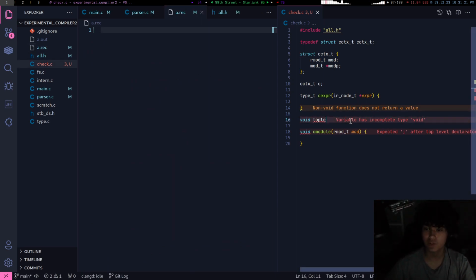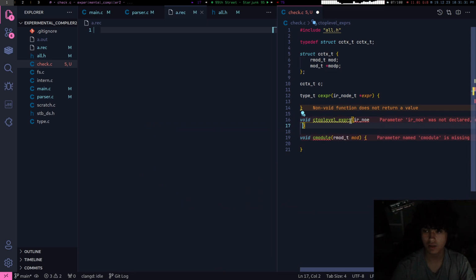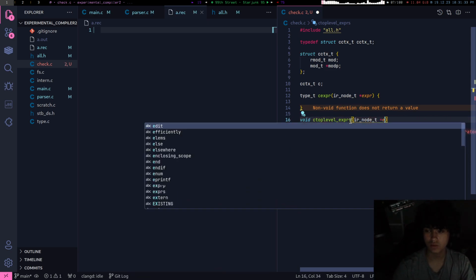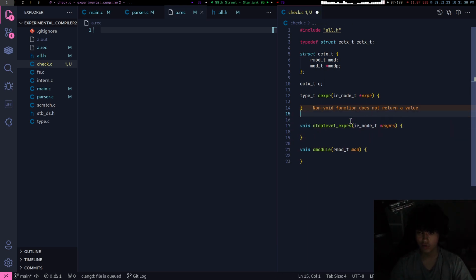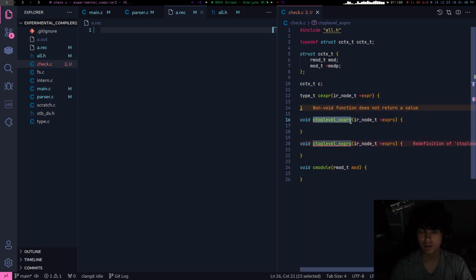So let me just write out the signatures. Top level takes in an ion node to expers. Yep. And then you'll end up with things like this. You wouldn't end up with like a C do. You'd end up with a.